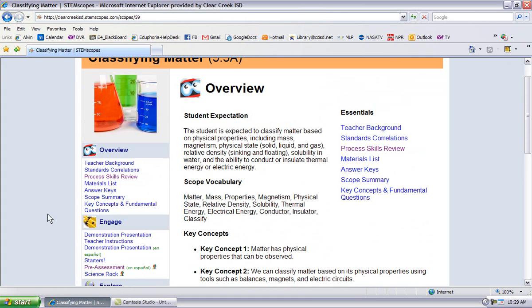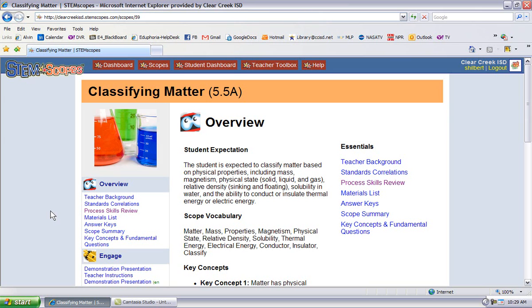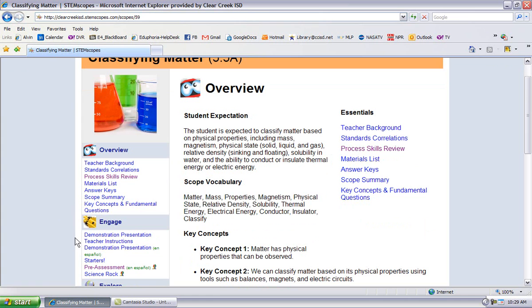The teacher resources are great because, say I've never taught science before, I can get some background on what matter is and how students classify it at this grade level. I can read about the standards. I can get some ideas about teacher demonstrations and specific instructions on how to do those things. I can even get ideas about key concepts that I should be asking my students as I teach